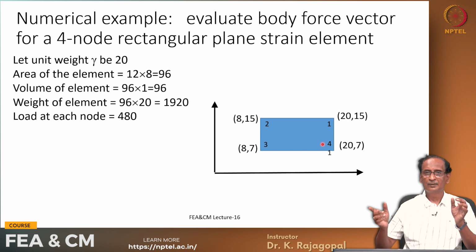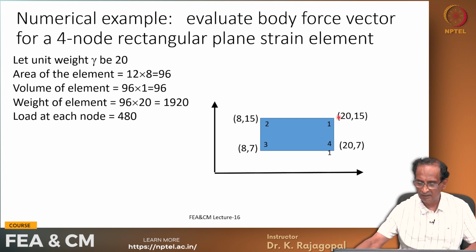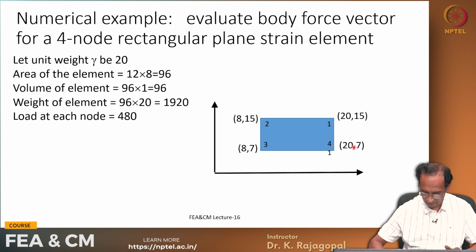And please note that all these 4 nodes are numbered in the anti-clockwise direction, and these are the coordinates. Node 1 has coordinates 20 and 15, node 2 8 and 15, node 3 8 and 7, node 4 20 and 7,